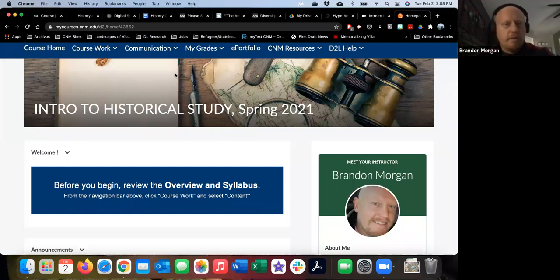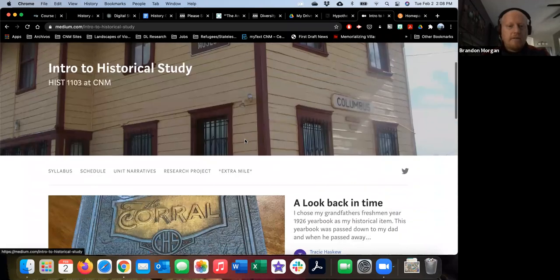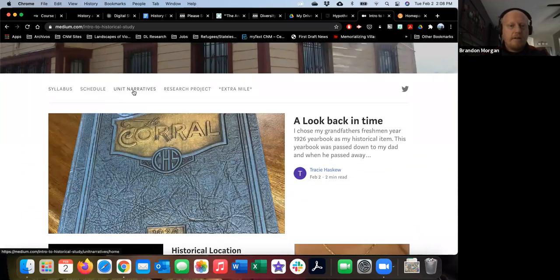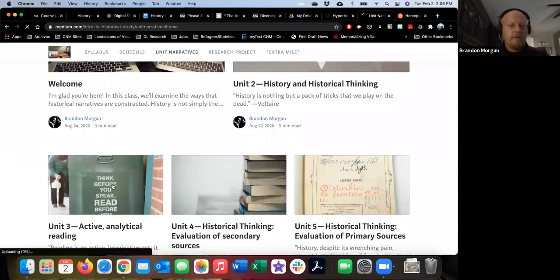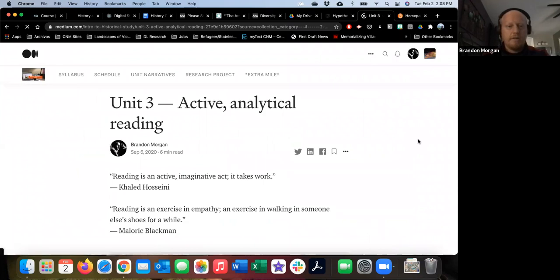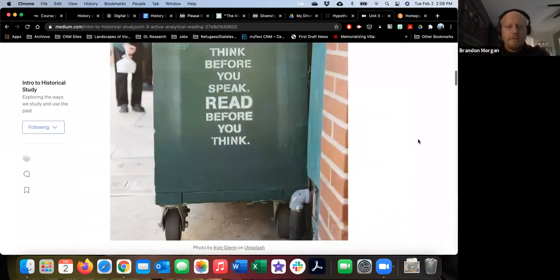Okay, so of course this should look familiar. This is our course in Brightspace. I have in this tab our course in Medium. So for what we're doing, I'm going to click on the unit narratives tab, and open the unit narrative for unit 3 that we're working on this week. I know a lot of you have already started here because I've seen your posts to Twitter